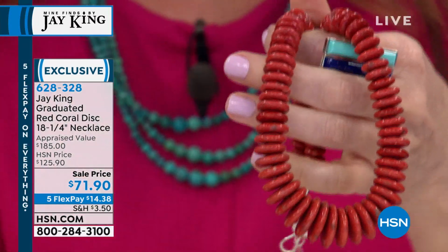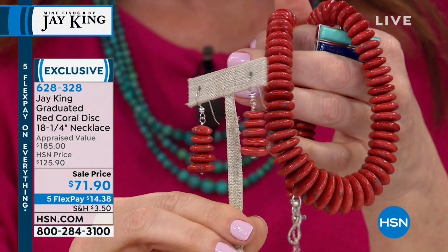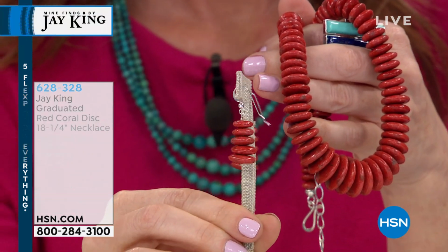Wow. And you saw before, you saw the coral rough. So they're working right from the rough stock. They're cutting that, slicing it, and then depending on the diameter of the coral stalk that they're working with, the width and the diameter,